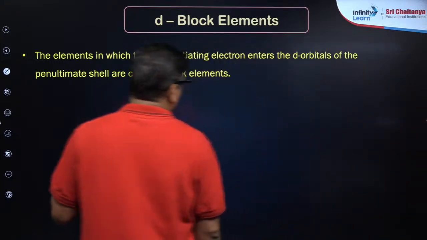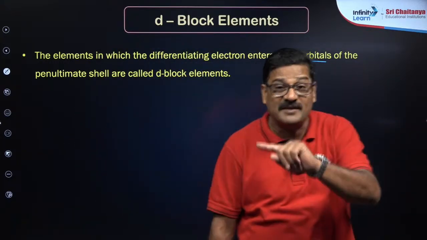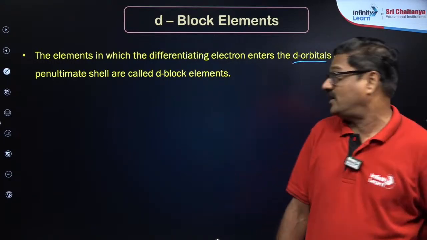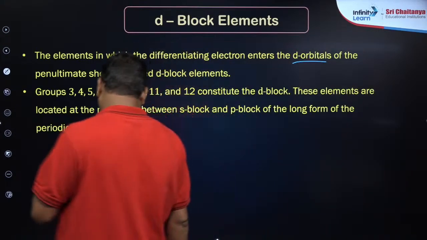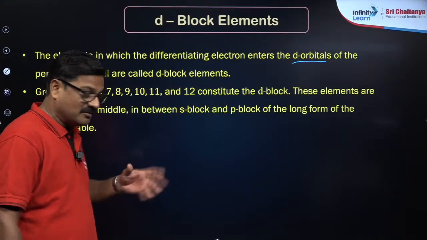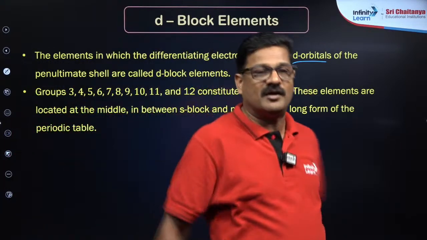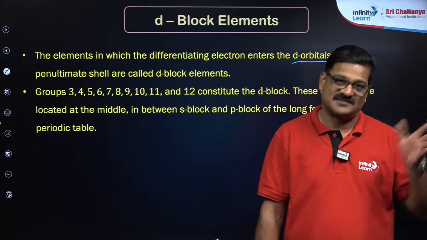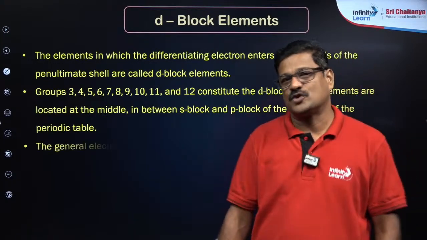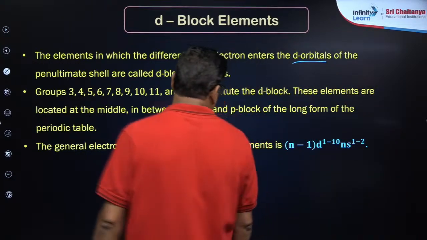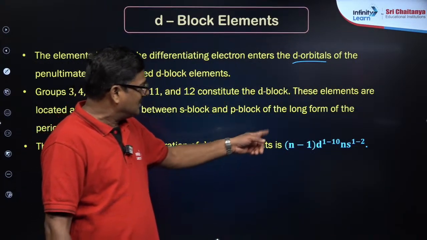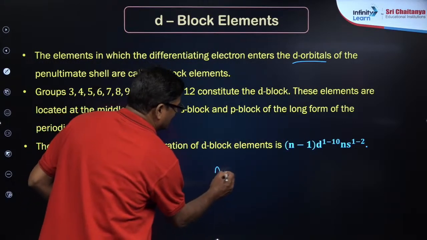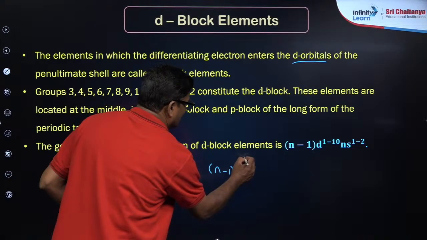So the elements in which the differentiating electron enters the d orbitals of the penultimate shell, the last but one shell, are called d block elements. They are located in the middle of the periodic table. On this side is the s block, on that side the p block, and the groups in between are the d block elements, also called transition elements except zinc, cadmium, mercury. So their general electronic configuration is (n-1)d 1 to 10 and ns 1 to 2, and the actual one is (n-1)d 1 to 10